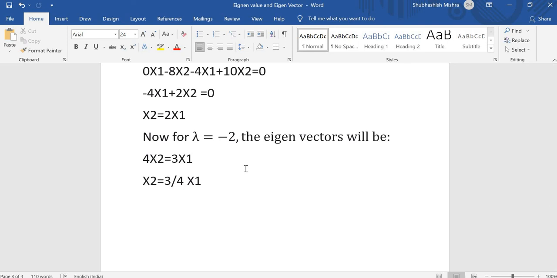Guys, please go through the entire video and understand how we can calculate eigenvalues and eigenvectors, because these have a huge impact on calculating principal component analysis. In the next video, we will understand how we can calculate principal component analysis of the given number of features that we have, and how we can choose the number of principal components that we want from the entire features. Okay, and how we can calculate the principal components based on the eigenvalues.